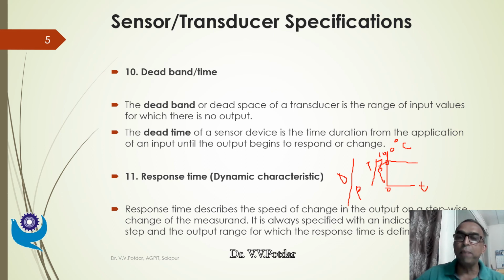How does it appear? It appears as a step. So in control terminology, it is called a step input. I am subjecting this thermometer to a step input of 70 degrees Celsius. Now what I expect when I immerse the thermometer inside that temperature bath is that my thermometer should instantaneously read 100 degrees Celsius.